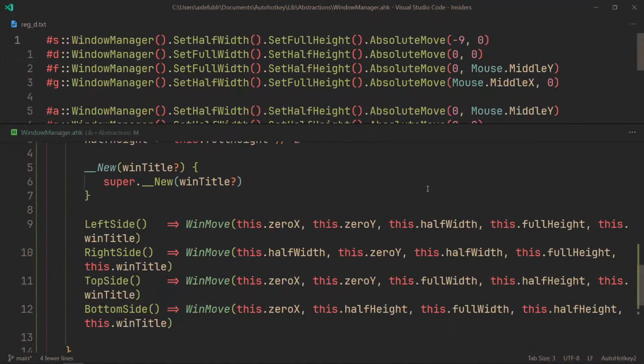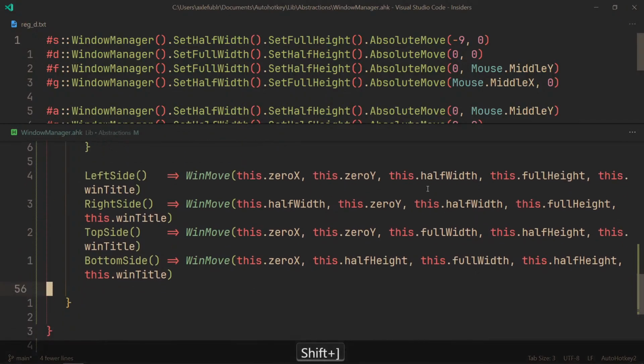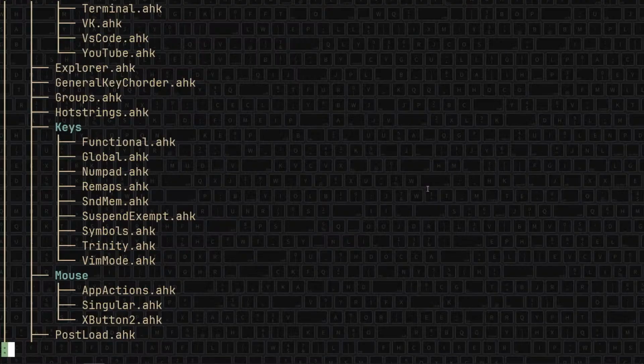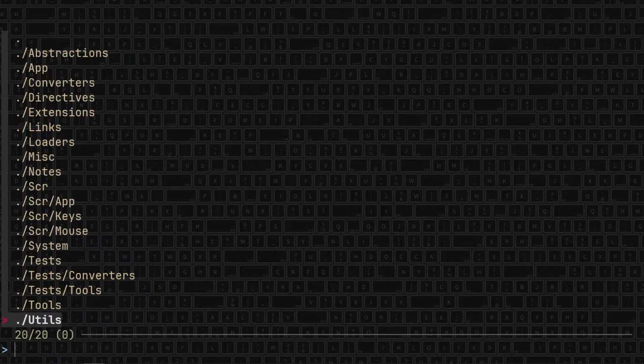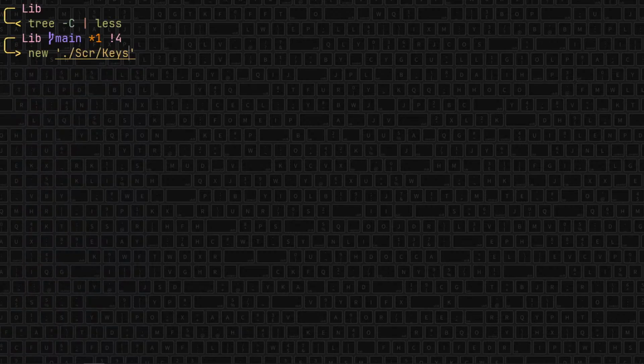Instead of being very bit by bit about it. Right, so in keys, so new, and I don't know if this works yet. We'll see, I guess. Keys,